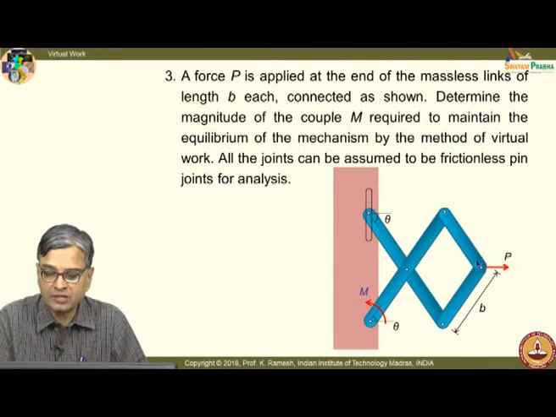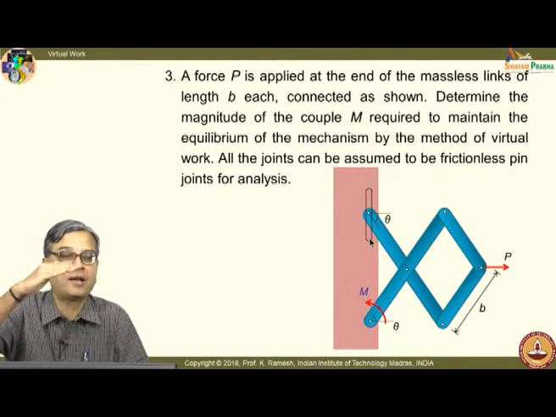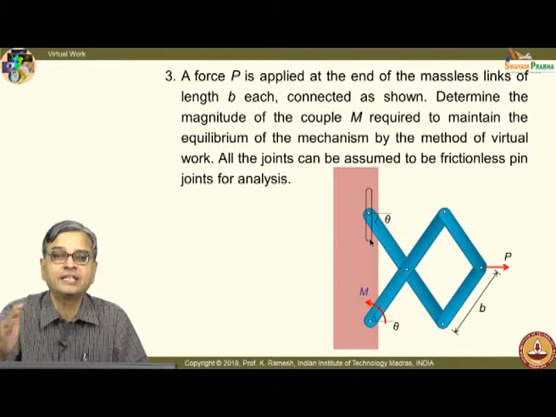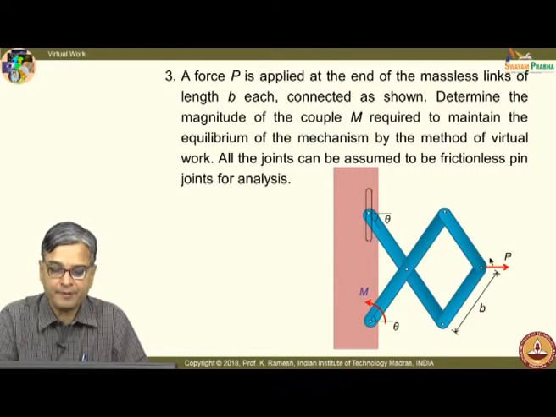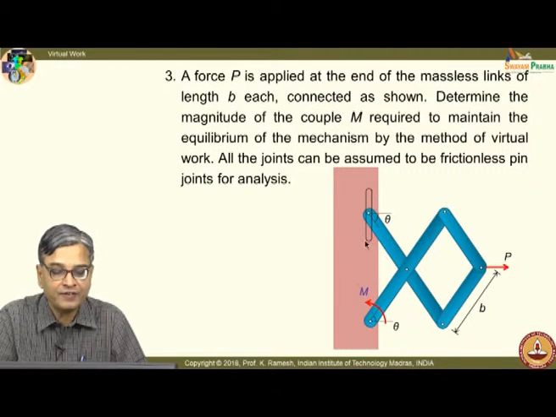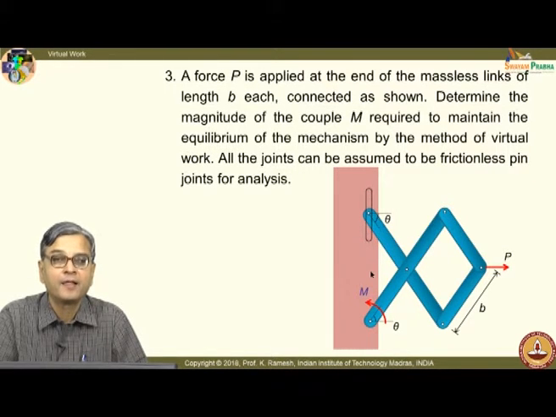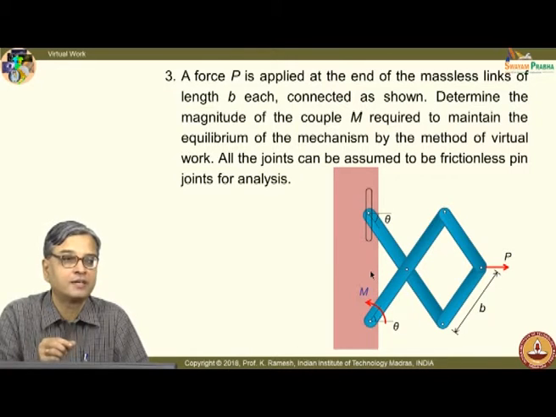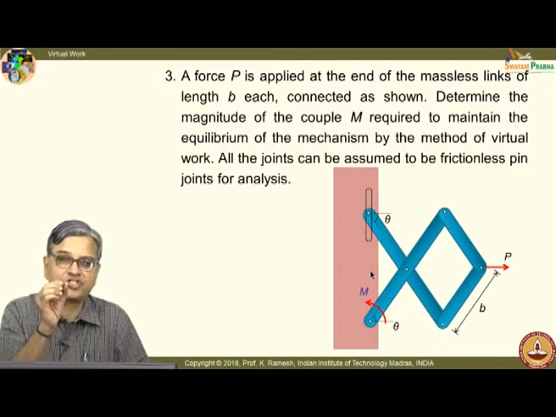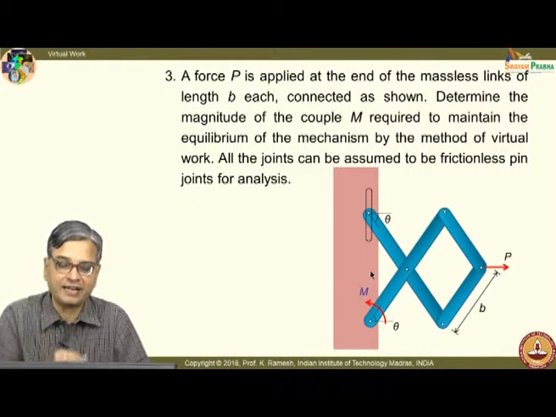Obviously, when I pull this, it has to have a freedom to come down. So, I have a slot here which allows that end to move up or down depending on which direction I apply the force P. If I pull it, it will come down. If I reverse the direction, this will go up. So, you have the facility provided in your mechanism. There is a slot which allows this pin to move up or down. So, that is a constraint. Okay, that constraint is very clearly specified.